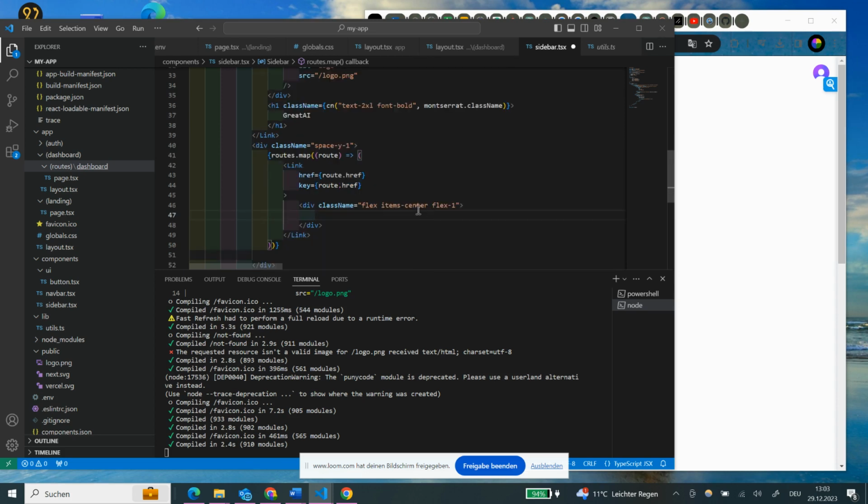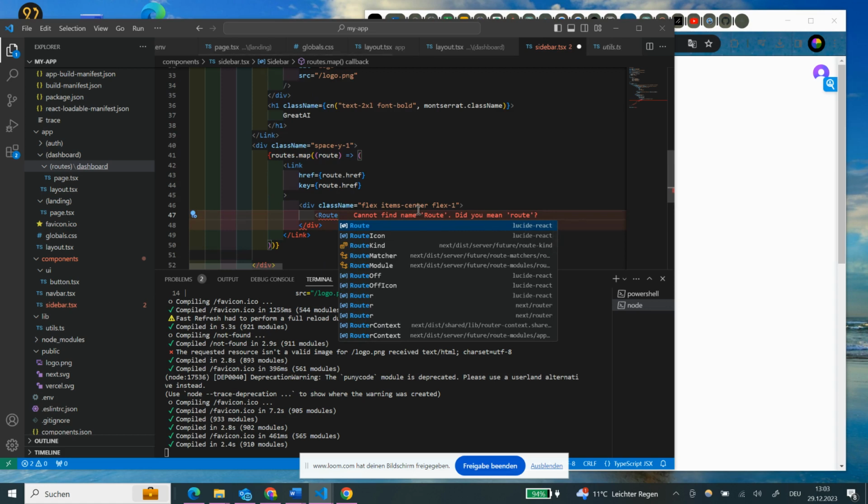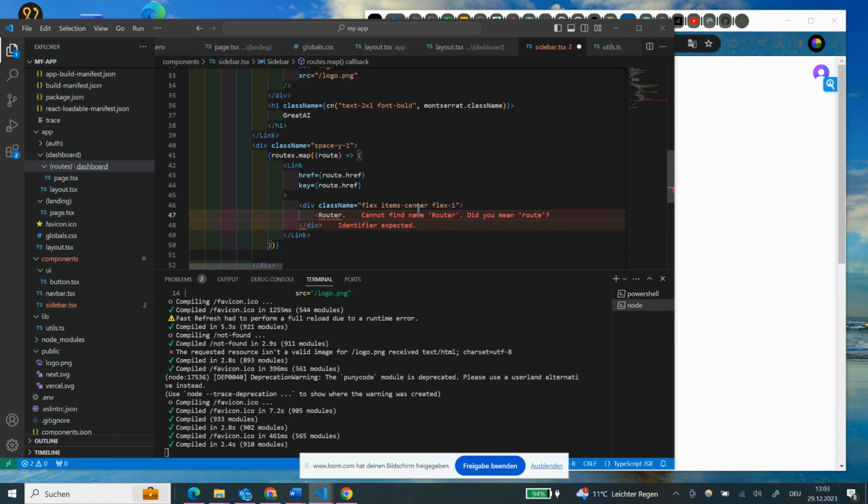Let's go ahead and render route.icon, which is a self-closing tag,